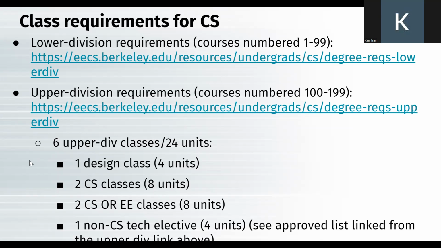So for the lower division classes we took at our community college, are the credits transferred to Berkeley? As long as they were on assist.org saying they transferred, then yes, up to 70 units will be transferred. So just the units mentioned in ASSIST? Right. So if it was not a transferable class, it would not be included. Okay, thank you.